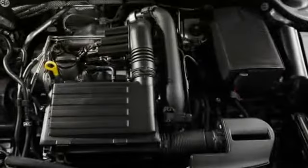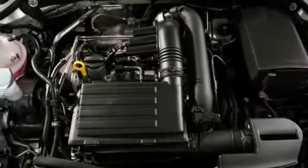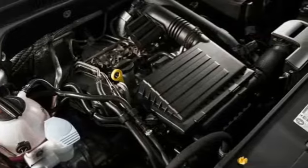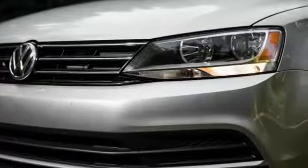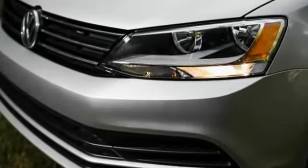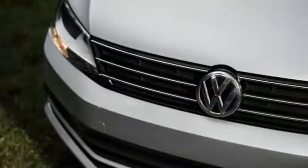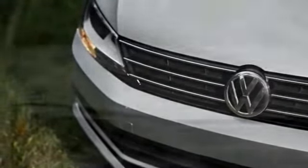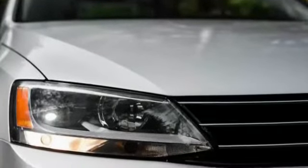We achieved 27 miles per gallon over 300 miles of mixed driving, and the EPA rates fuel economy with the automatic at 28 miles per gallon city and 39 miles per gallon highway. It's 40 miles per gallon highway with a manual. Those ratings are a whole lot better than the old 2.0-liter engine's 23 and 34 mpg figures, 25/34 with the stick. Riding on the four-wheel independent suspension originally reserved for the GLI, the Jetta is unfazed by